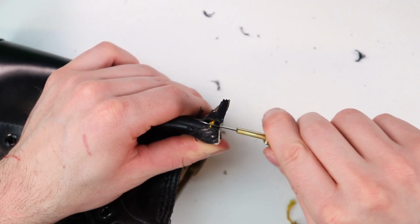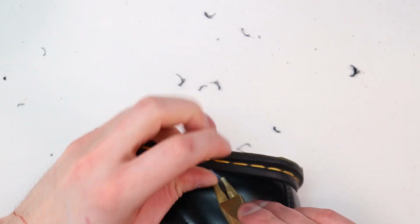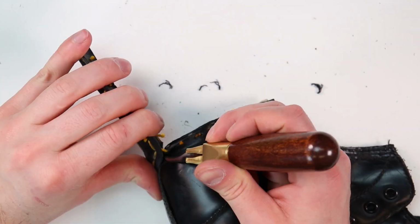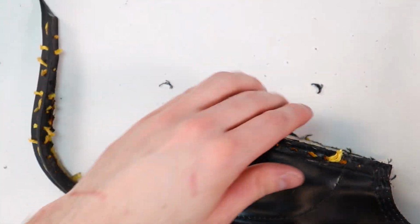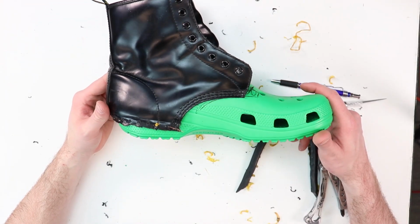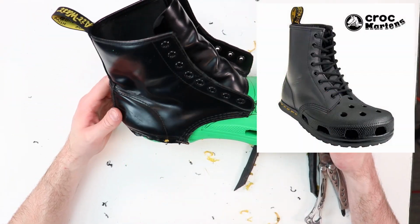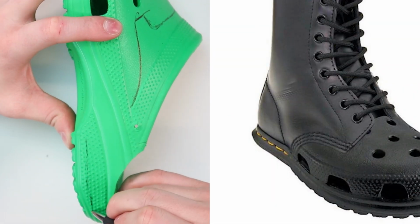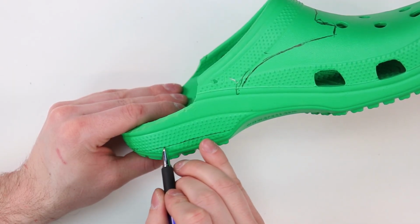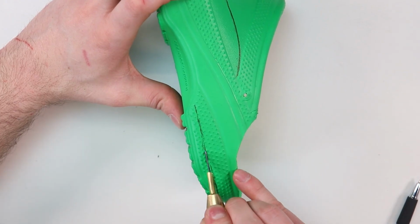And now I'm removing the welt because I'm considering just sewing the upper to the bottom part of the Crocs with some yellow stitching to make it line up right and to get that flush look. But after putting it back on and looking at the photo, it's not going to look right if it doesn't have a welt. Because if you look at the photo, the Doc's welt sits flush with the side of the Crocs. And I think the only way I can get that look is if I trim away some of the